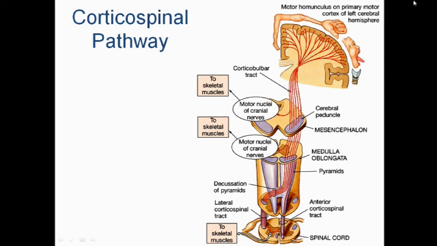And at the level of the cerebral peduncle, you can see the motor neurons, or the cranial nerves which arise from the midbrain and the brain stem. They also align with this corticospinal tract at that level, and they leave right from that region, because there are many cranial nerves which give motor fibers. Many cranial nerves are specifically motor. Many cranial nerves are mixed nerves. So mixed nerve means they also have some motor fiber.